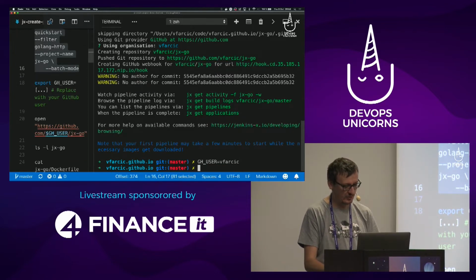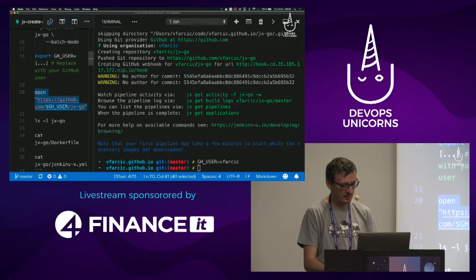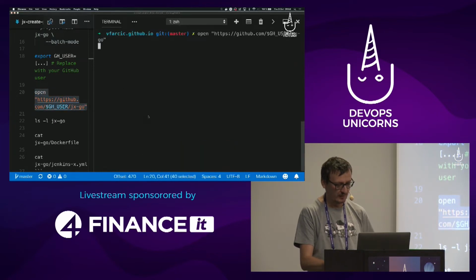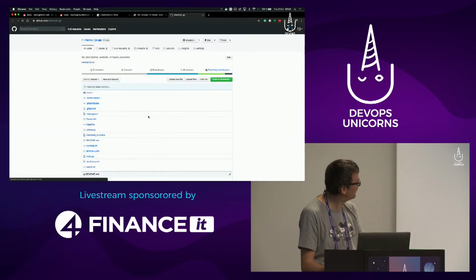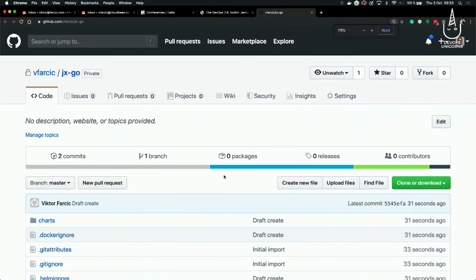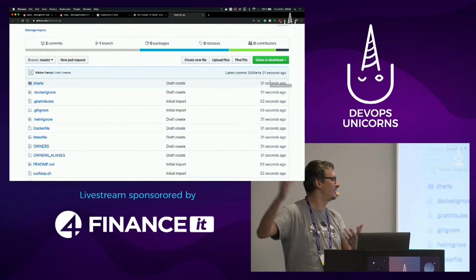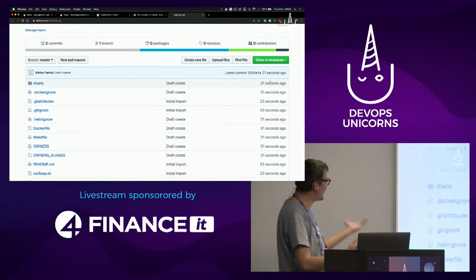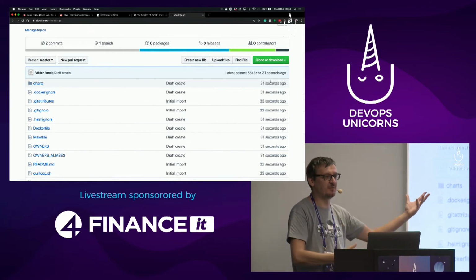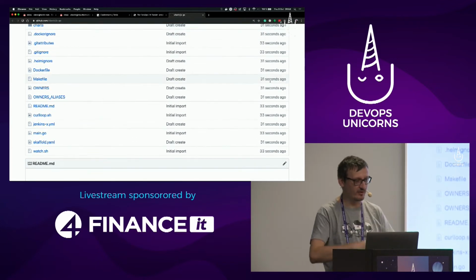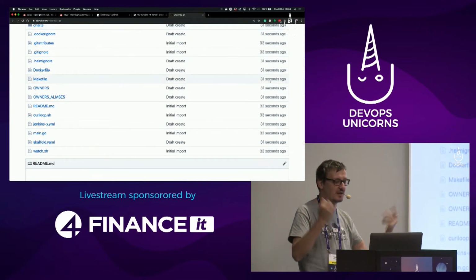And I'm going to show you that because if I go now to my Git repository, you will see, if you take a look at the timestamp on the right, that this was created right now, and it has everything I need. Now, what is everything I need will depend from one case to another, right? If it's Java, you need one set of things. If it's .NET, you need others. If it's COBOL, we don't support it. And so on and so forth. So what you need for a project will depend from case to case, but the point is that you're up and running in a minute or a few seconds and what not, right?